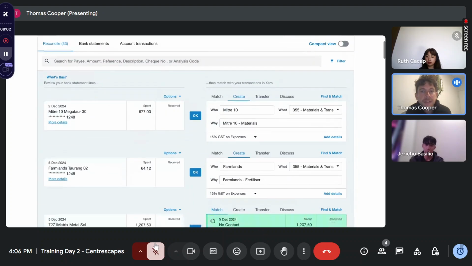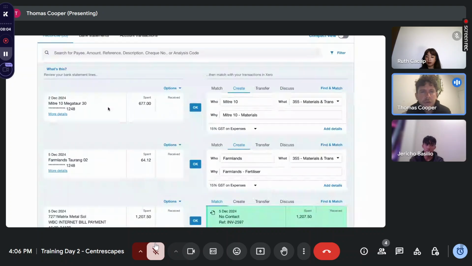But basically what this is: on this side, it's going to show the bank transaction. It's going to show either the credit or the debit, so spent or received money, and how much it is. And then the system is going to automatically try to pick up a transaction. Sometimes, if a transaction has been done many times before, so for example, in this case, Mitre 10 Mega is a big